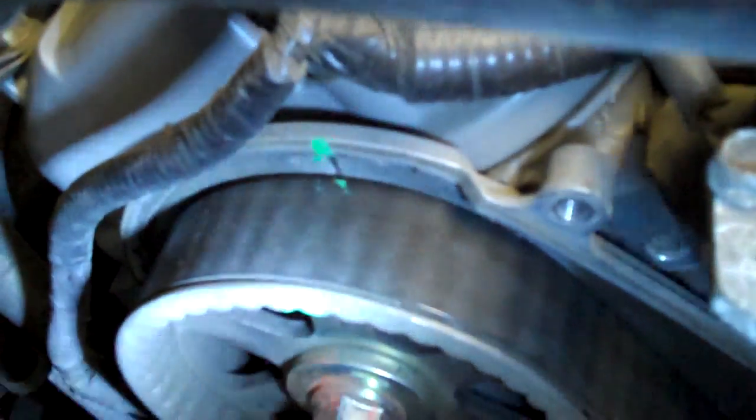So you line that one up, you line this one up, and it just has one mark. It just has the top dead center mark on the cam wheel right there, and it's got a corresponding mark on the back of its timing cover as well. If you look down at the base down here,